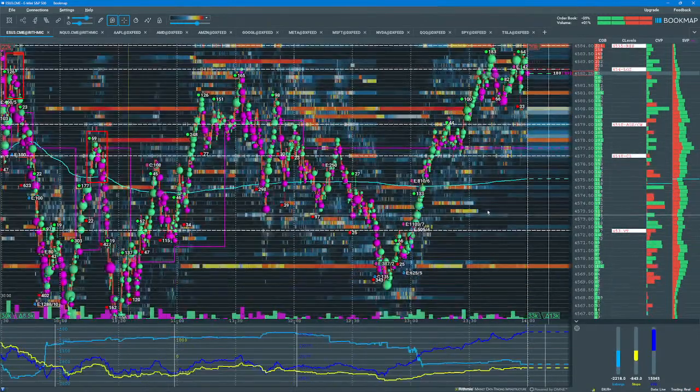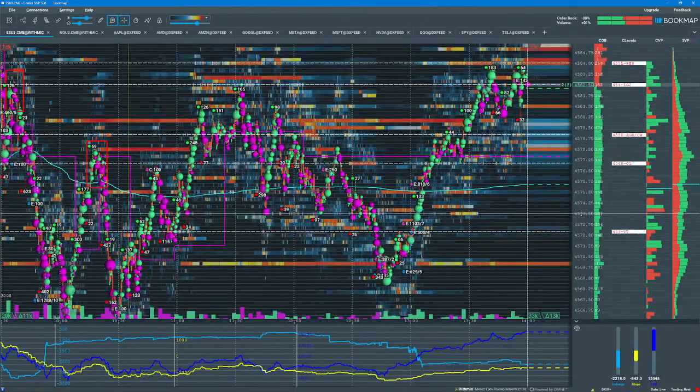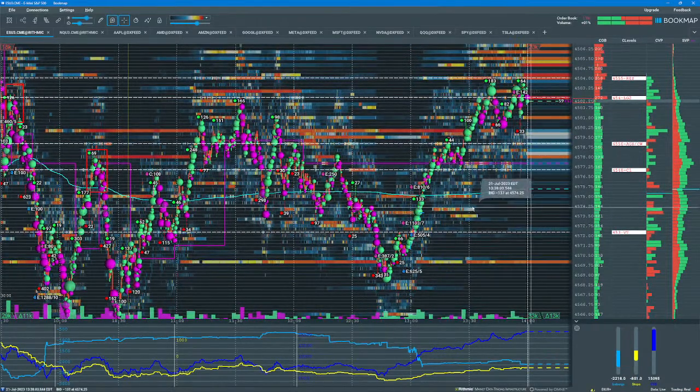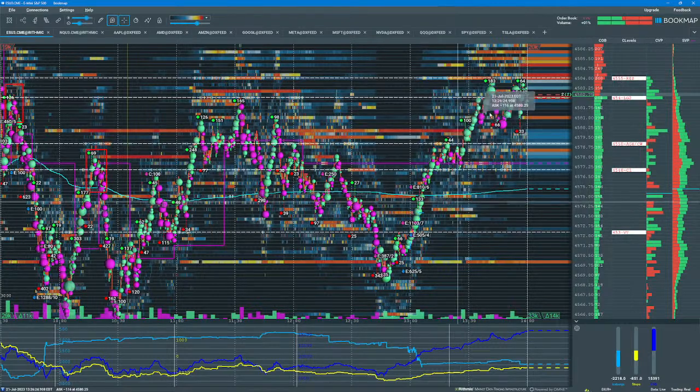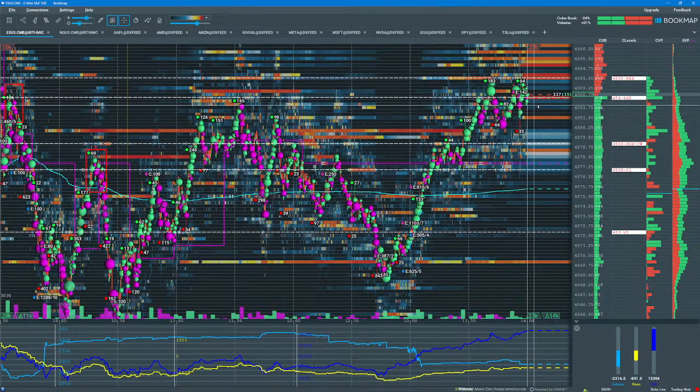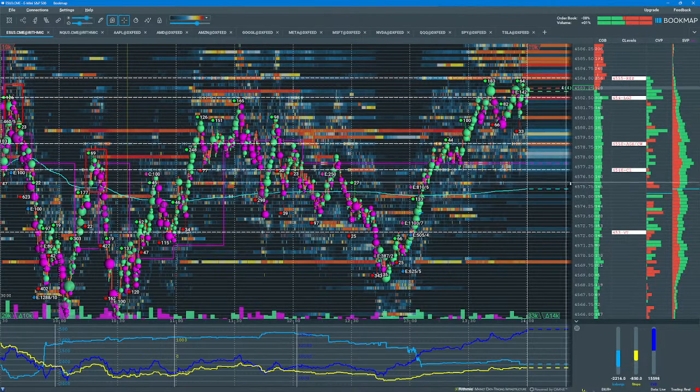Now it looks like the S&P 500 has started to move higher as traders are buying those SPX calls. Market makers sell the calls and they have to buy futures to hedge their delta exposure. So the S&P 500 is back up to the SPY 454 level and trading above the 4550 call wall. All right, so that is the S&P 500.